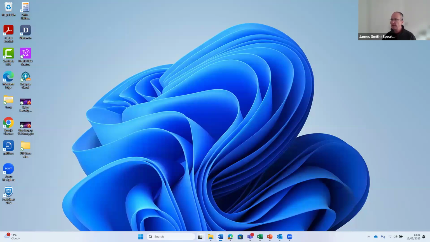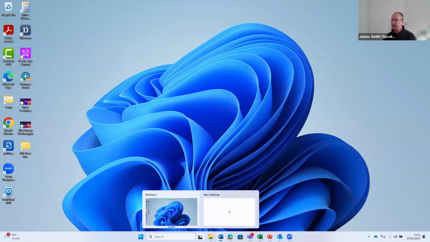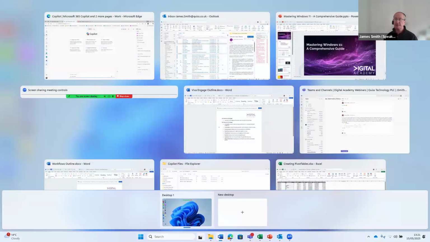However, for Windows 11, there's something called Task View. So when I click it, I don't need to hold the Alt key, and it tells me currently on this screen, I've got all of these different windows open. Now, I have got a second screen. It's opened up and shows me I've only got one window open on that, which is